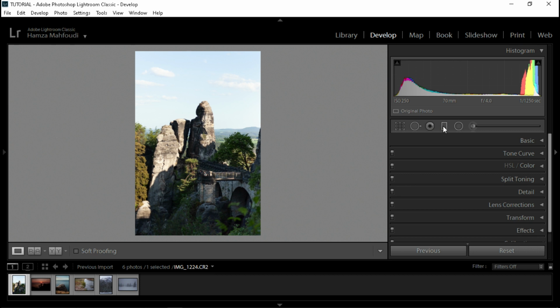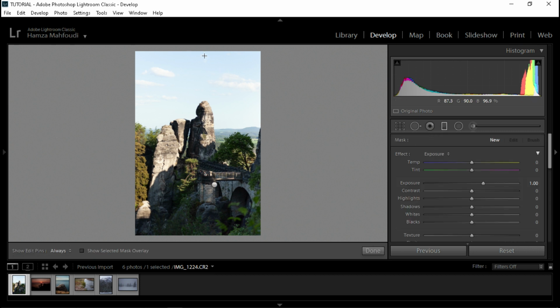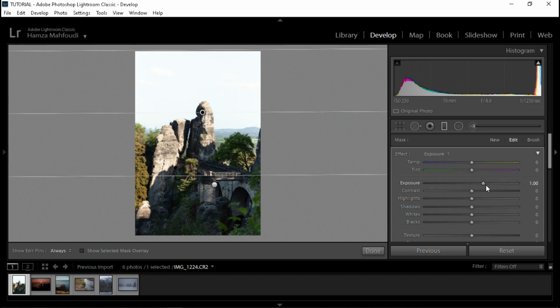Another gradient filter, easy way, and this time not overexpose it but underexpose it, just to have a little back of the details of the sky. We don't want to have a darker sky or completely another color that is not natural. It depends, sometimes there are colors on the sky, but at this hour of the day it should be just